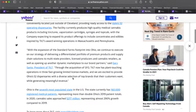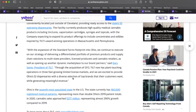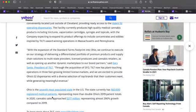here in Ohio. Now I will mention Ohio has currently only legalized MJ for medical use, but they have over 160,000 registered medical patients. They've seen that number double in the past year, and sales have approached nearly $280 million in this state, which is a 290% increase over sales in 2019. So although this state is only medical at this point in time, the sales volume and the traction they're seeing here is phenomenal. And again, once that legislation changes and it goes to full recreational, I expect those numbers to